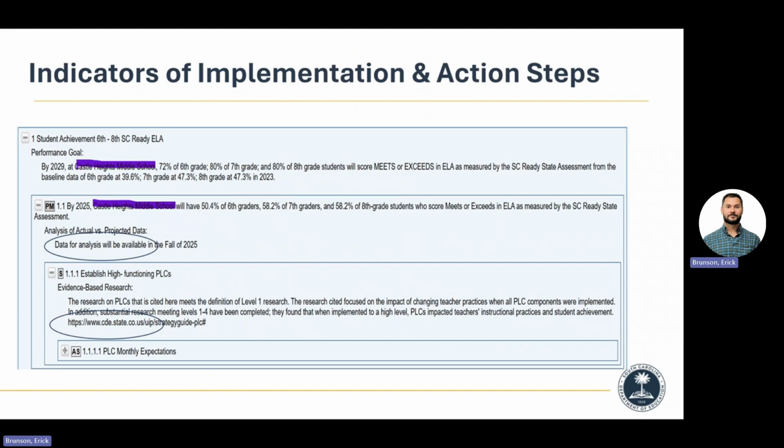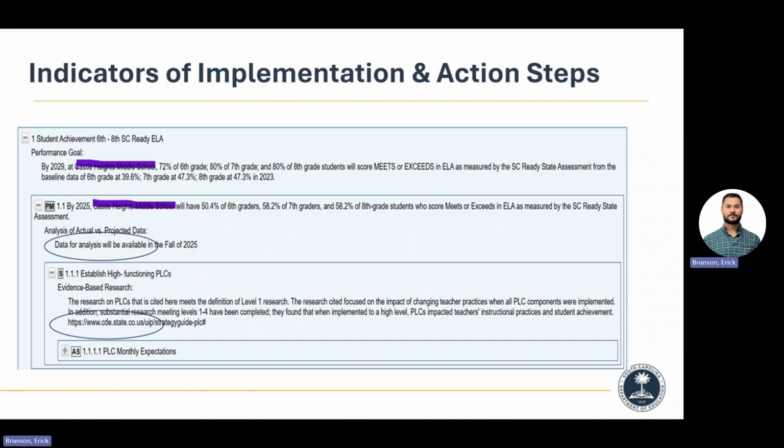You can. What I was saying specifically is if it is a goal specific to your spring benchmark, where you will have this level of X, then we definitely want to see that. If you want to do what you're doing on an SC Ready goal, that's great, because at least that gives us some indication and it gives you an indication. When you get your SC Ready data, was it aligned? Is that a good data point to help us understand whether our kids are ready or close to ready? Yes, we want you to be looking at data.